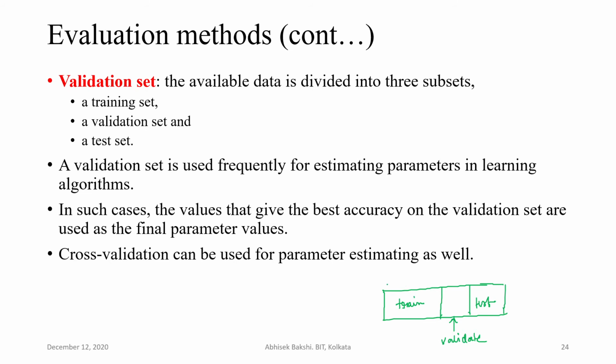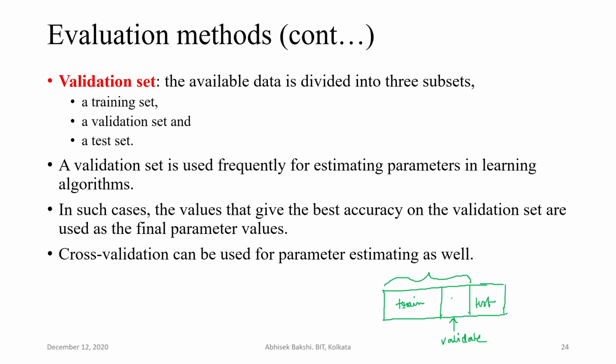That means that at the time of training, this whole set is used. We feed patterns with this train data set, find the accuracy, find the errors, and depending on the errors, we tune the free parameters that we have already seen. After doing this with all the training data set, we check how much correct classification is happening, or how close the real value we are getting is, with respect to this validation data set.